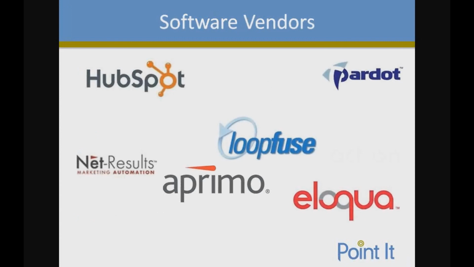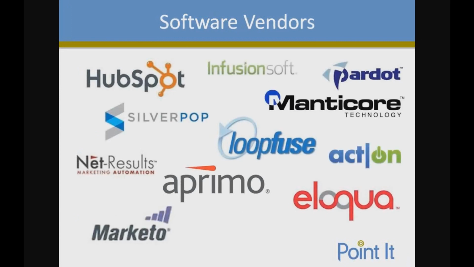So there are many software vendors out there for marketing automation. Some of the vendors you may have heard of are Marketo, Eloqua, and HubSpot, which is a big player right now, but there are many marketing automation vendors out there on the market. One of the great things about having so many vendors is that you're able to find the vendor that works perfectly for you. You're able to find a vendor for a small mom and pop shop. You're able to find a vendor for a global enterprise company who is selling very complex software.